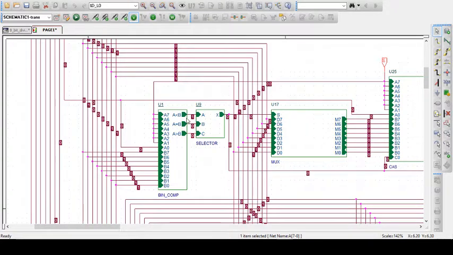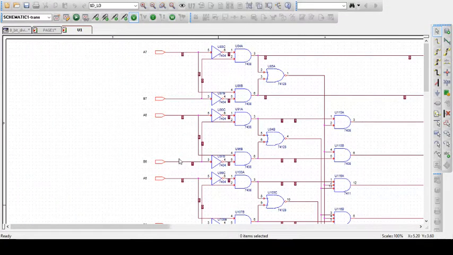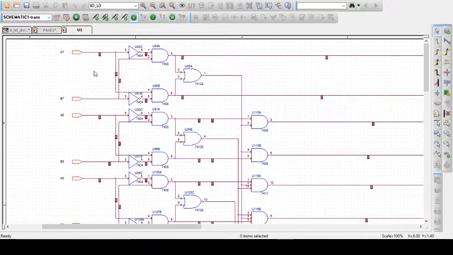Instead of one output being high and the other 2 outputs being low, one output was high and the other 2 outputs were showing X's, or indeterminate outputs, I believe is what that represents. And so I had to go in and create an 8-bit comparator from logic gates. And so this is the most significant bit comparison, and if